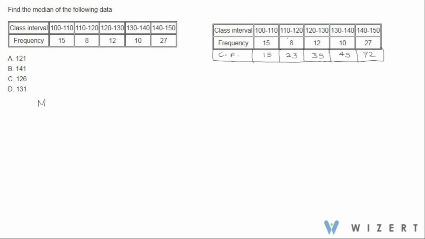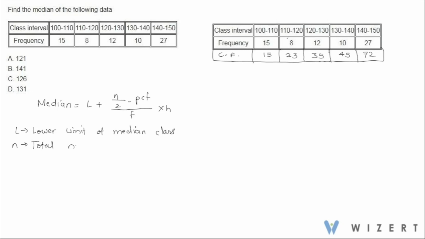Now we know median can be calculated as median equal to L plus n by 2 minus PCF by F into H, where L is lower limit of median class, n is total number of samples, PCF is cumulative frequency of previous class,